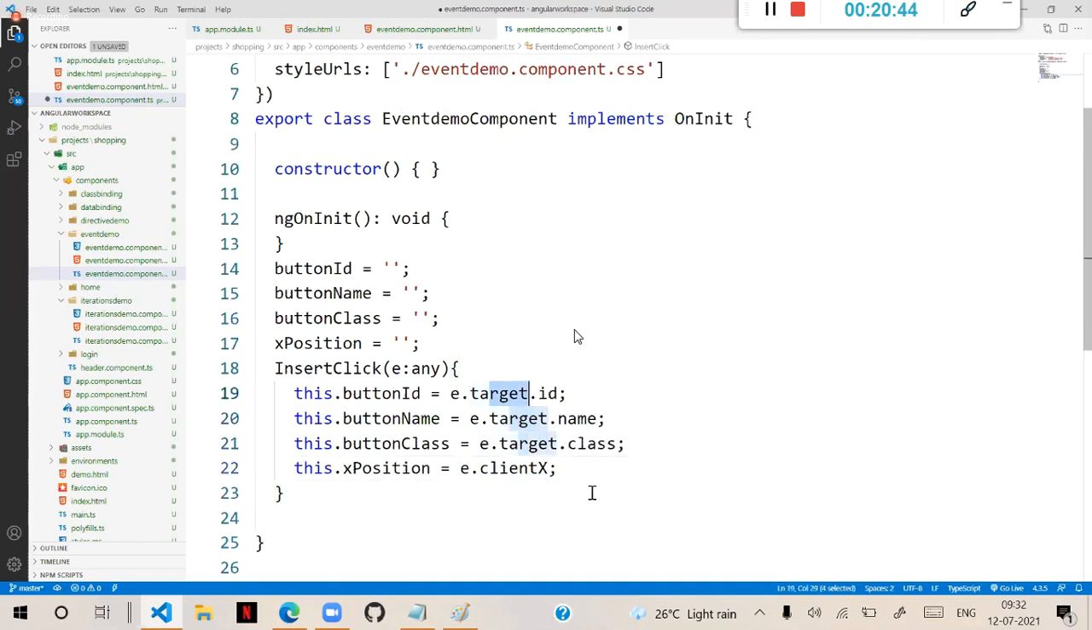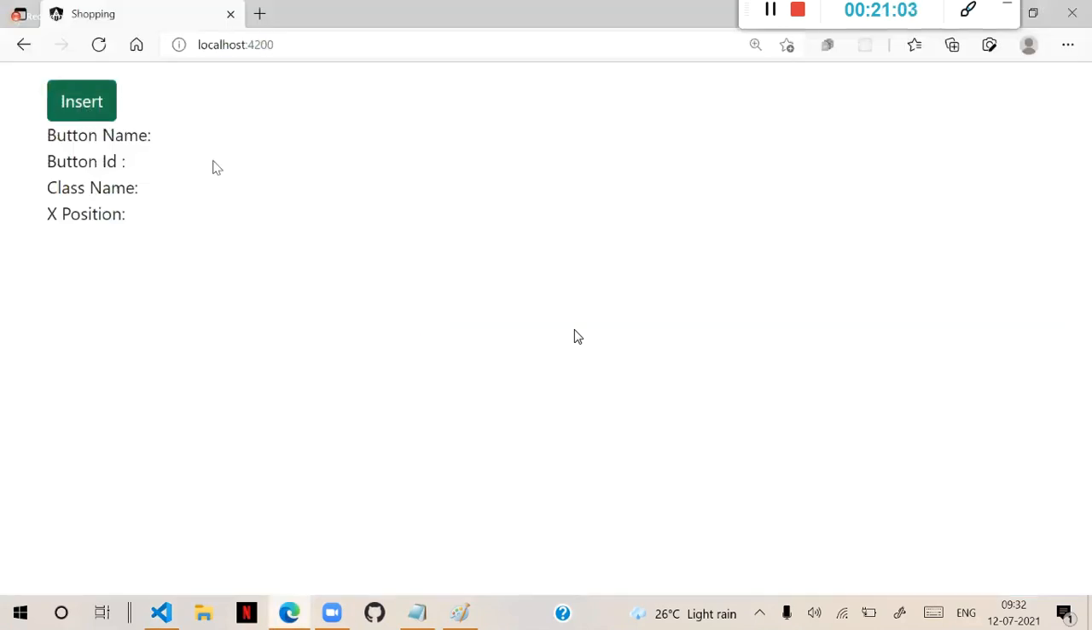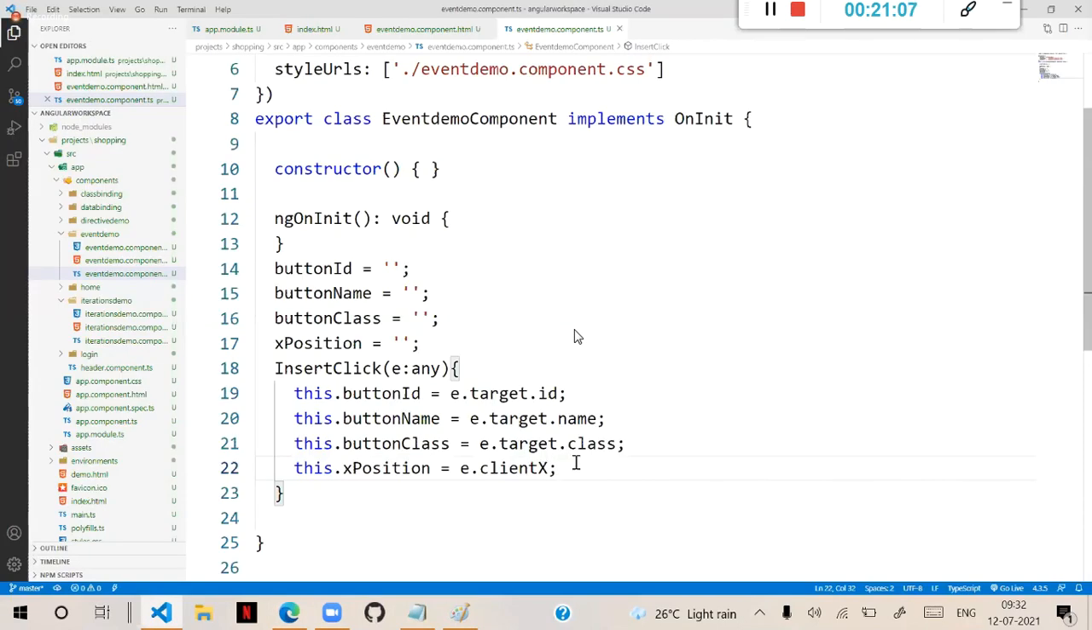In JavaScript, it's not like that. We will have separate parameters, one parameter for event, another parameter for object. But here, only one parameter for both. So it uses target and client X. You see now, when I click on the insert button, it must get the details and display. And see here, so this class